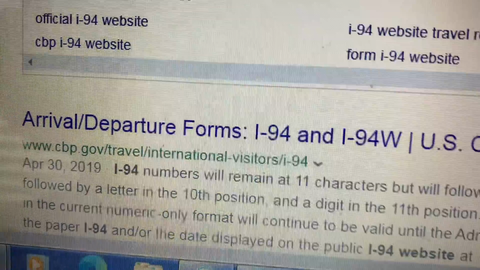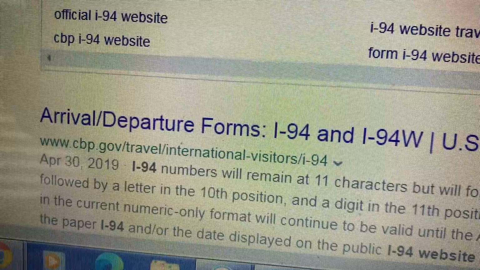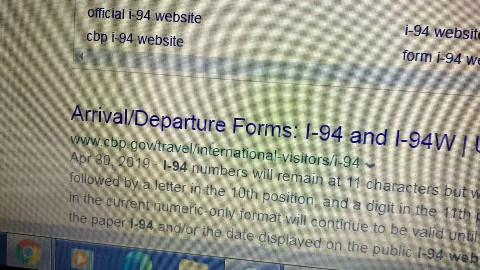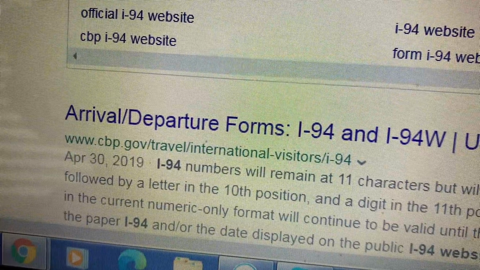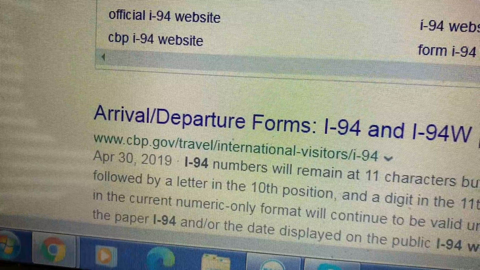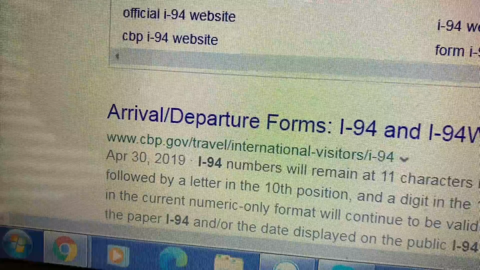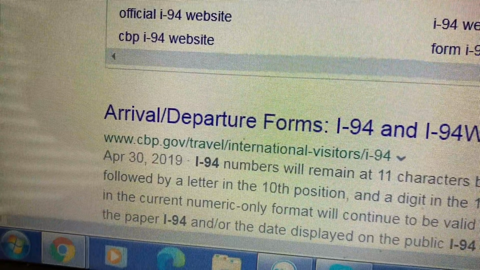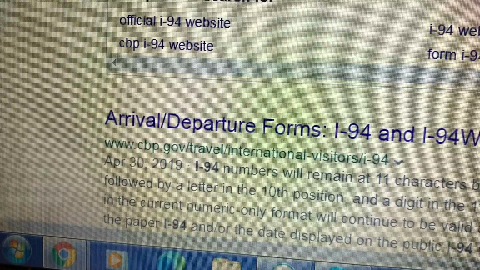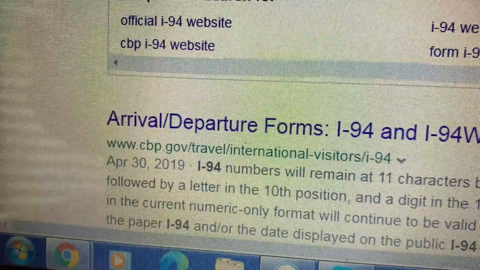After that, you have to scroll down. It's really here, the name of my son.